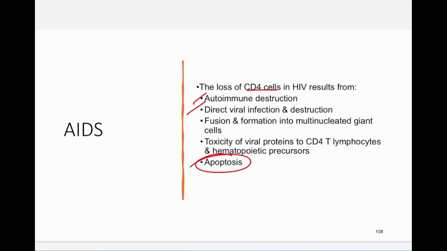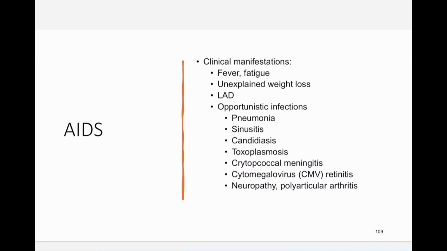Yes? So the latency, that's for AIDS though, not for HIV, right? Well, no, they'll have HIV, but they won't have any symptoms of it for 10 years. Of HIV. Yeah. Oh, okay. They may not have any symptoms. That's why people don't know they have it. We recommend regular testing and screening if they're sexually active without protection to make sure they don't have it, because they won't know. Thank you.